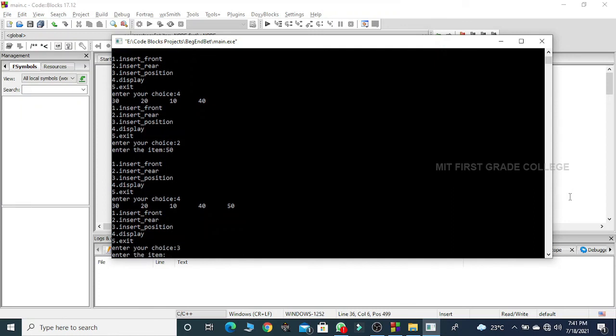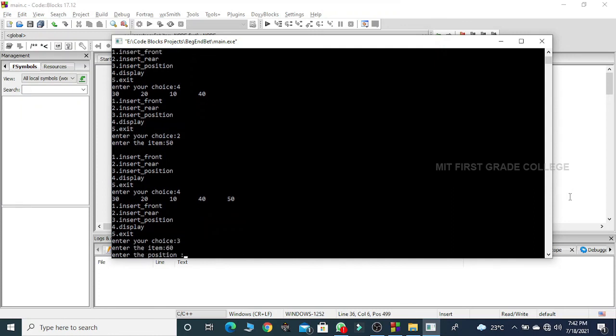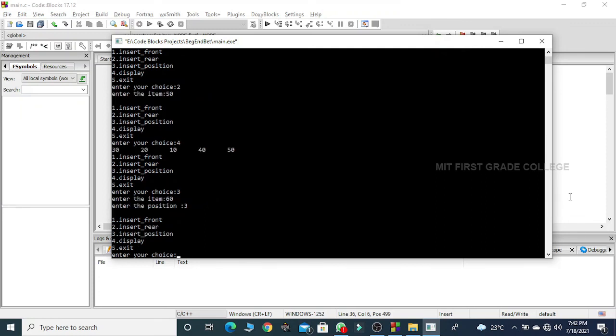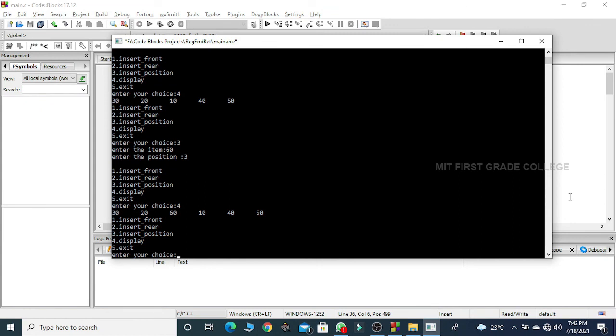I want to insert 60 at position 3. That means after 30 and 20, the 60 should be displayed and then the rest of the elements. Let me check it with the help of the display function. If you notice, 60 is inserted at the third position.